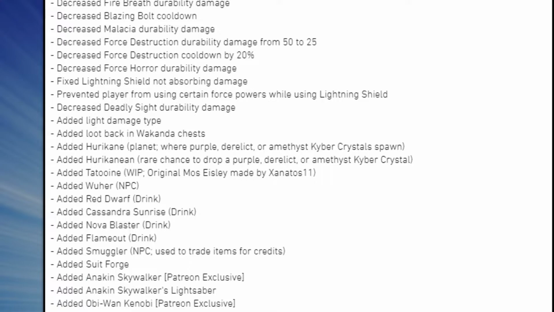damage, decreased Blazing Bolt cooldown, decreased Militia durability damage, decreased Force Destruction durability damage from 50 to 25, decreased Force Destruction cooldown by 20%, fixed Force Horror durability damage, fixed Lightning Shield not absorbing damage, prevented player from using certain Force powers when using Lightning Shield, decreased